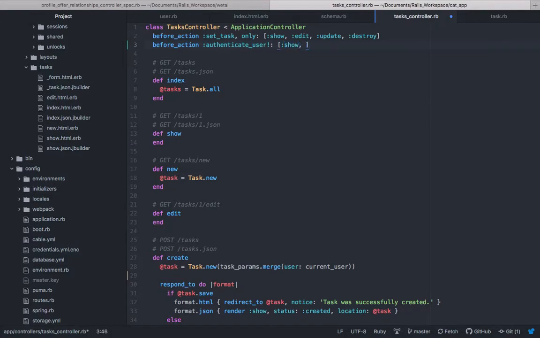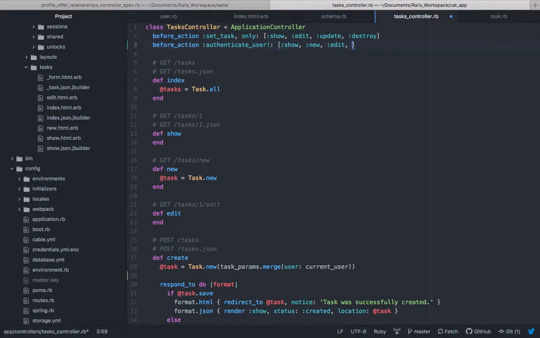We'll apply it to the new one, which is the page where there is a form. You want to do it for the edit, because if you're not connected, I don't see why you would want to modify